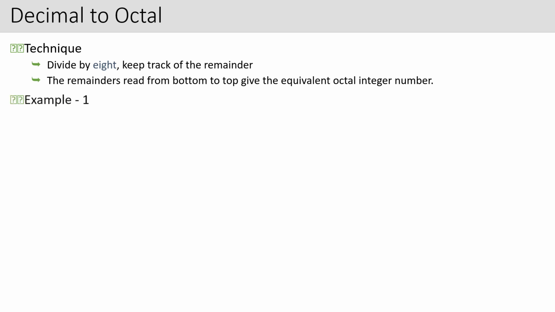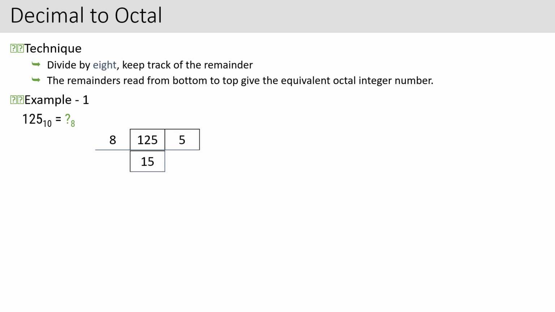So let us explain it with the help of an example. I'll take the same example which I had taken for conversion of decimal to binary. That is, I want to convert the decimal number 125 to an octal number. You will go on dividing 125 until at last you get 0. So you will divide 125 by 8. 8 into 15 gives you 120. What is the remainder? The remainder is 5.